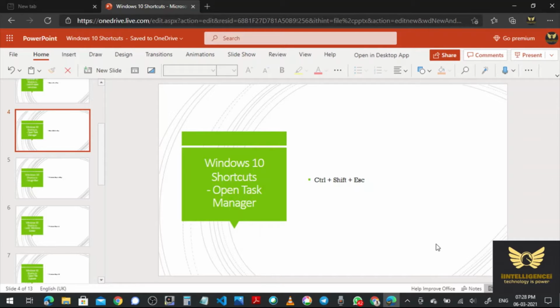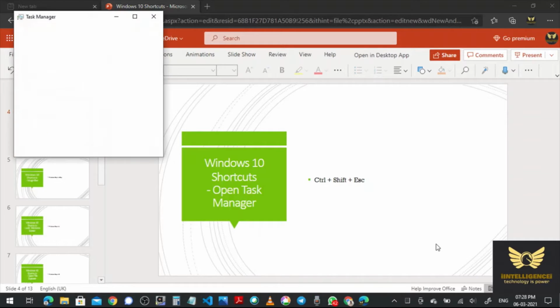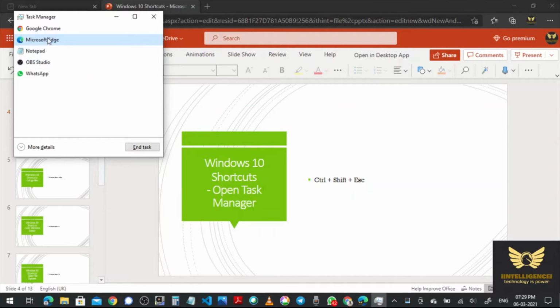Control plus Shift plus Escape. This will open the Task Manager. Suppose you run different applications, and you want to force close some application because it is hanging. Once it hangs, you can open the Task Manager by using this Control plus Shift plus Escape key.